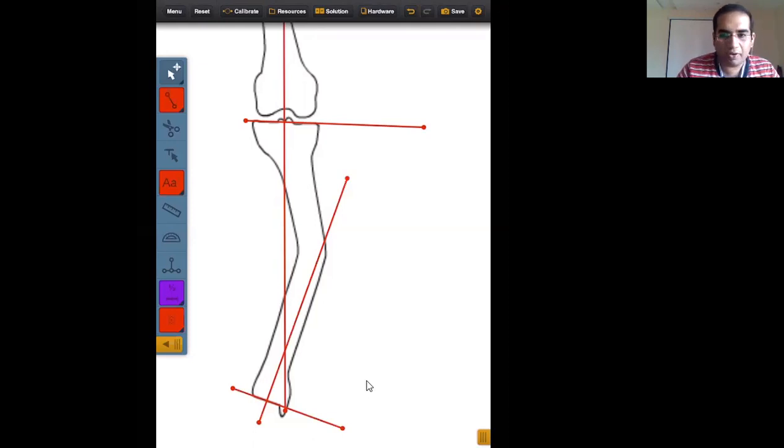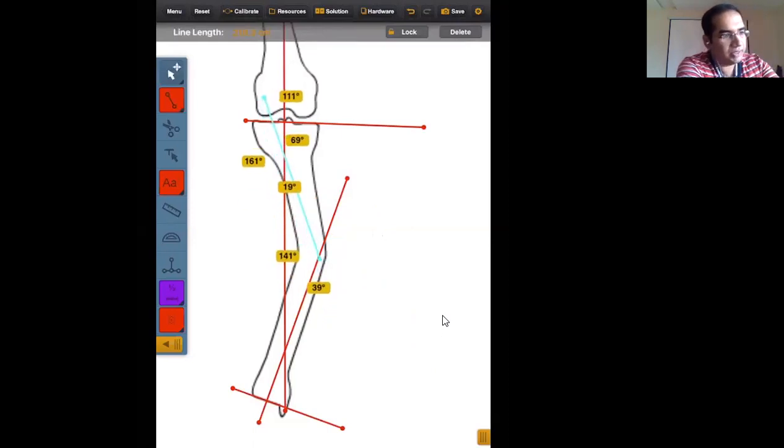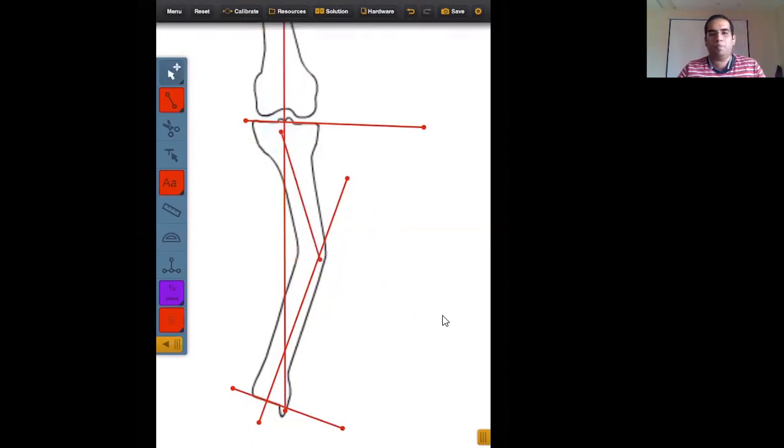So in this scenario, you will draw a reference line which is starting from the obvious apex of the deformity, more or less representative to the shaft, and it should transect both the lines within the bone. So I've started a line which is more or less in the apex of the deformity, and it is transecting both of the lines inside the bone, and this will give me the location of my deformity.